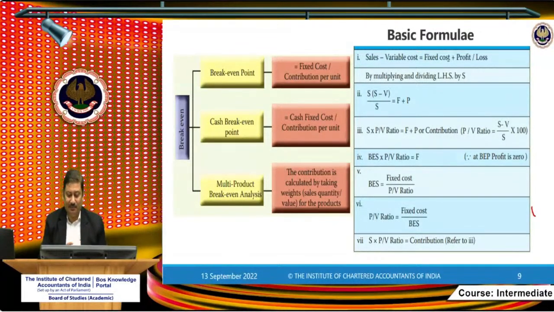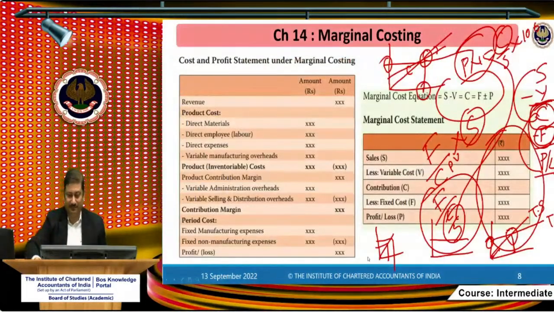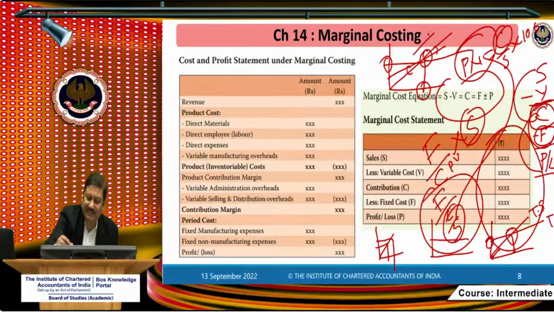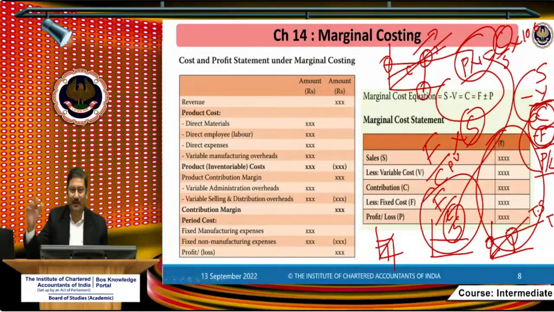Then there is a concept known as margin of safety. Margin of safety is the area which is above the break even point. What example can I take for break even point? Let's say you are on an airline, and when you start, the pilot will be announcing that we'll be taking off by this time and going to 35,000 feet, and all those security instructions will be given. Then when the flight takes off, it goes to a particular height and they will ask you to remove the seat belt. Am I correct or not?